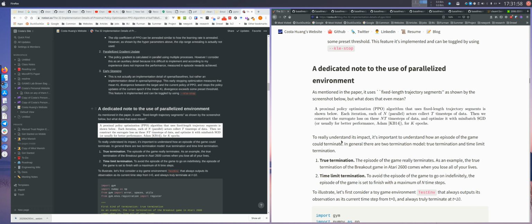So let's go into the detail of the parallelized environment, because I think it's something that most people don't really understand its significance and how it works. In the paper, this is a screenshot of the paper, and it says